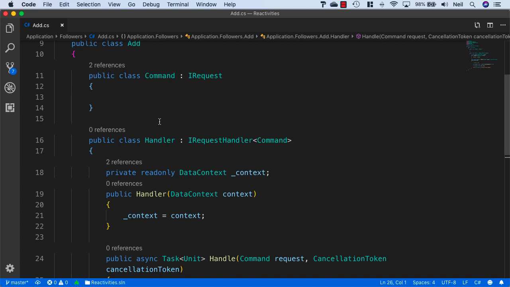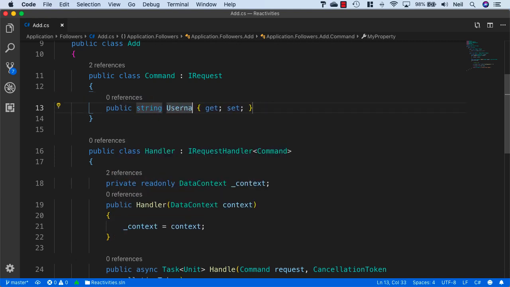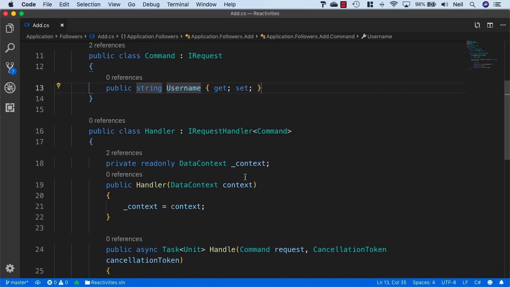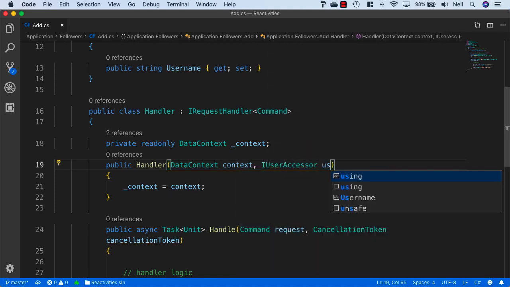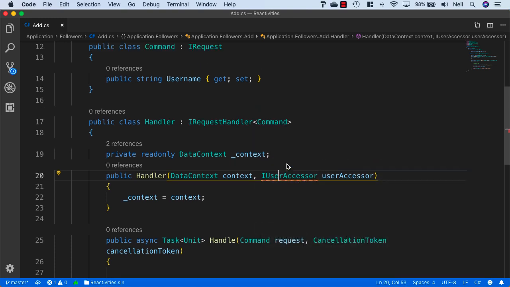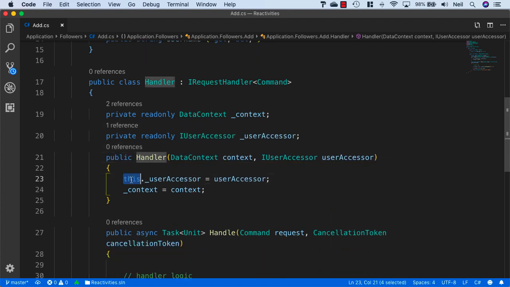And what we need to pass inside here is the username of the user that we're going to be following. So we'll say prop string Username. And what we also want to get is the username of the currently logged in user. So what we'll do is we'll inject our IUserAccessor in here as well. Call it userAccessor, and we'll just bring in Application.Interfaces and also initialize the field from parameter and remove